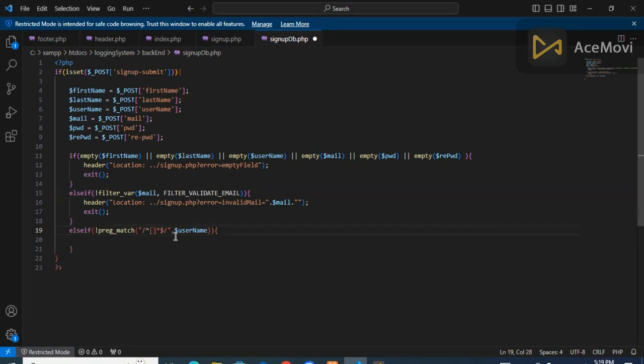Inside the square bracket, we allowed only simple letters, A to Z, and capital A to capital Z, and zero to. Okay,